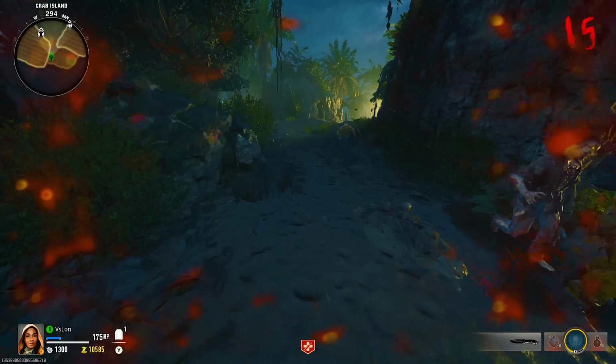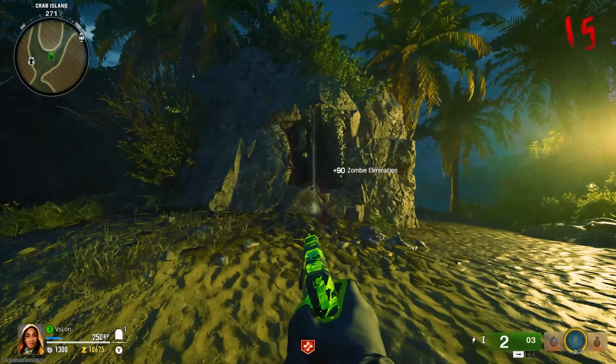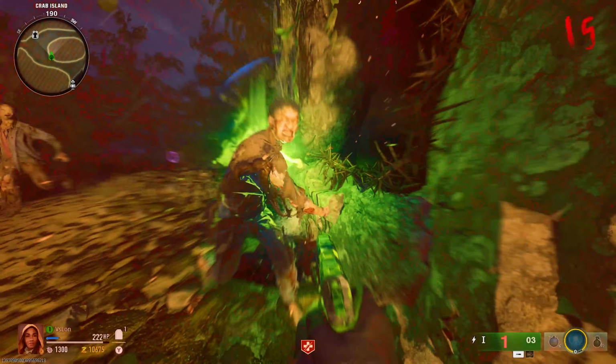Our last power-up can be found on Crab Island, and just like our free double points, this one is hidden just outside of this zombie spawn. You'll see a nuke icon, and shooting this will spawn in a free nuke. For some free rewards and loot,